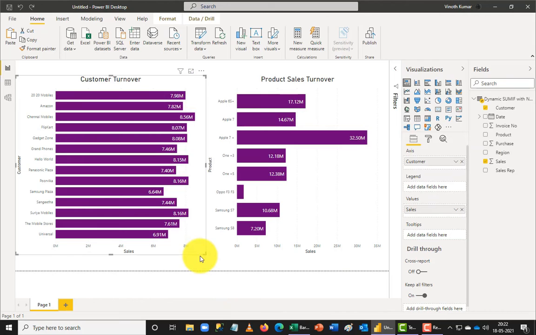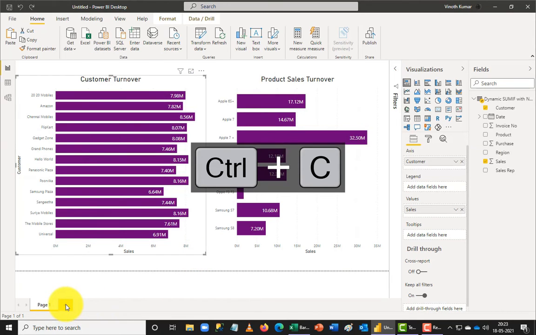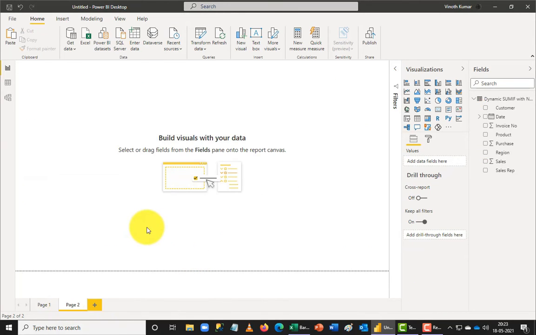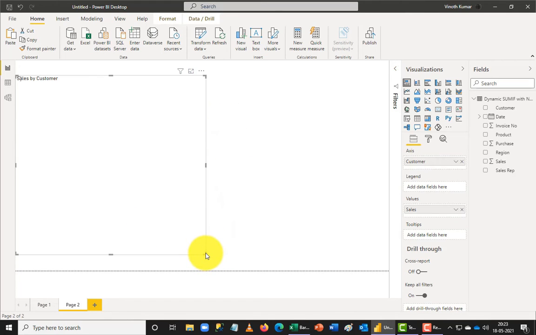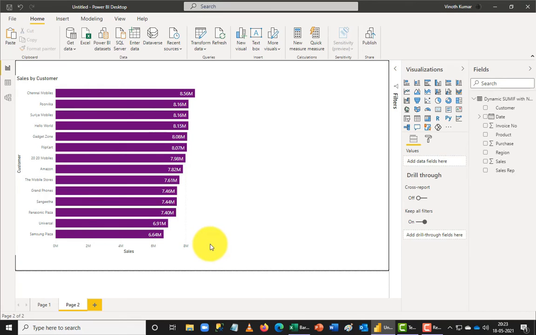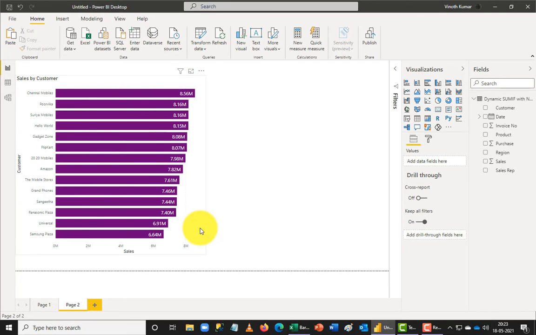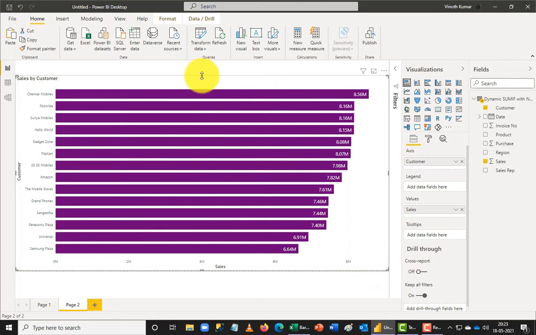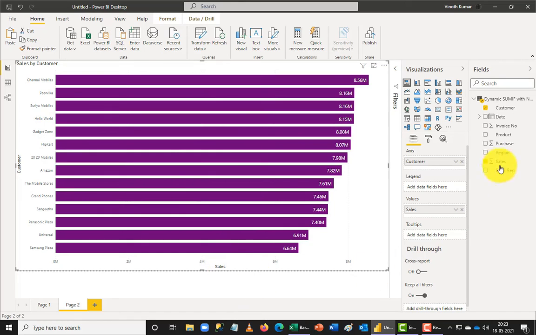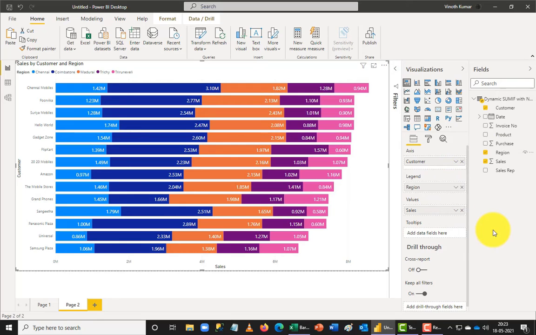Now I'm going to copy this customer turnover, add a new page to our list, and paste the bar chart to the new page. Now I'm going to make the chart a little bigger so that I can see the entire dimension better. So now if I add multi-dimensional data, I can see them really very clearly. So I'm going to put them to the whole page and then add the region to my legend field. So now we can see that earlier I couldn't see the final data in the list, and right now I can see the breakup of each and every state here.